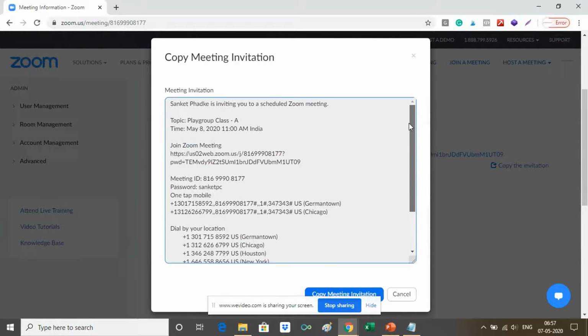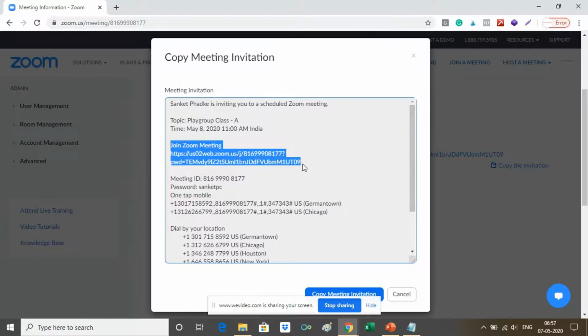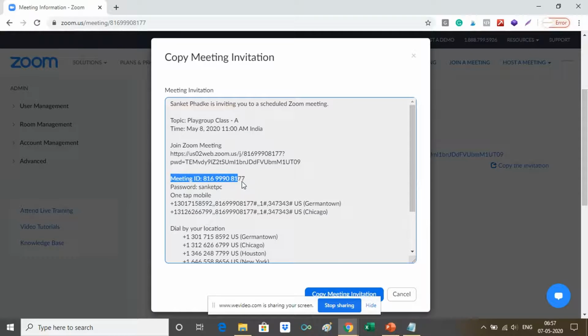The most important information is, again, three things. One is the link, the Zoom meeting link, which is important. Then the meeting ID is important, and then the password. We have set up our own password while scheduling the meeting. That's why the password says Sanket PC.